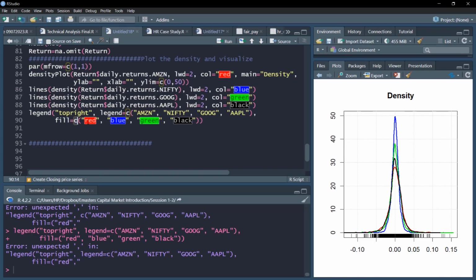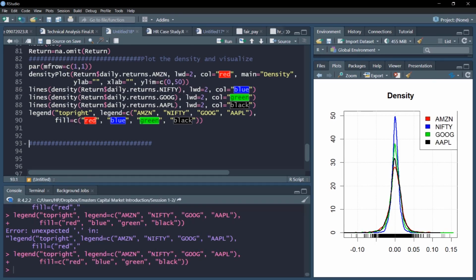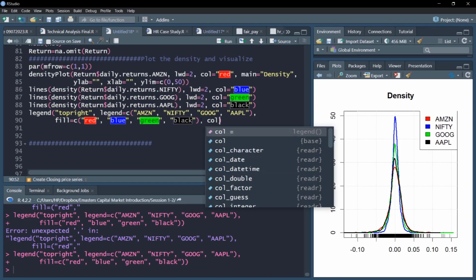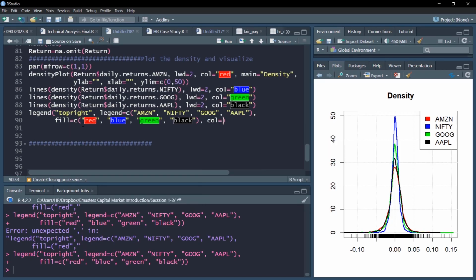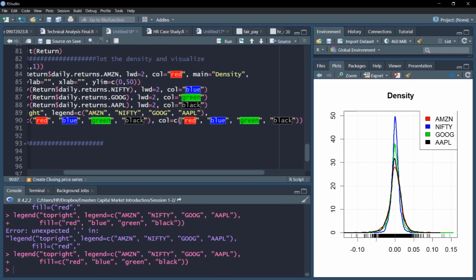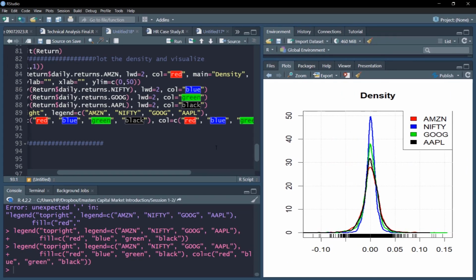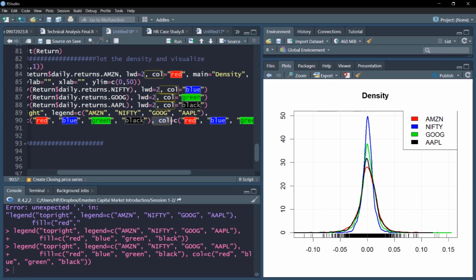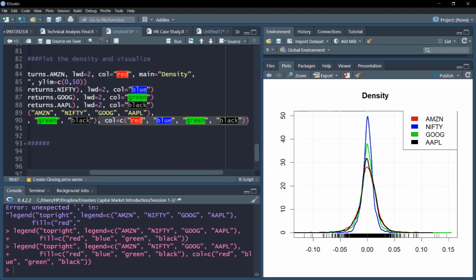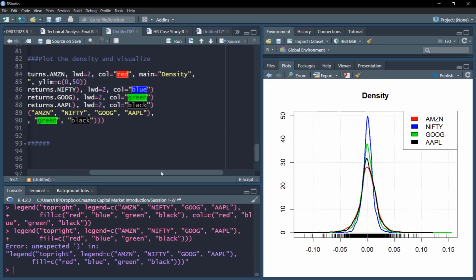For example, I forgot to add a c here, so it didn't take the color. Now you can see. Also, I generally prefer to write it as col, so you'll notice some additional changes will happen as soon as I run this extra col function. It will add some nice lines here maybe. Okay, so even without it, it works fine. So I'll remove this. Even without it, you can have at least some legends.